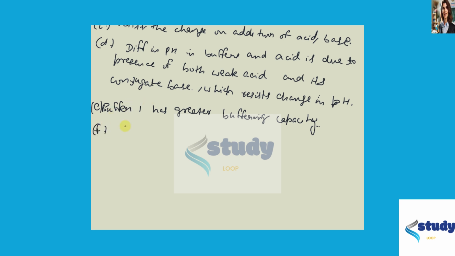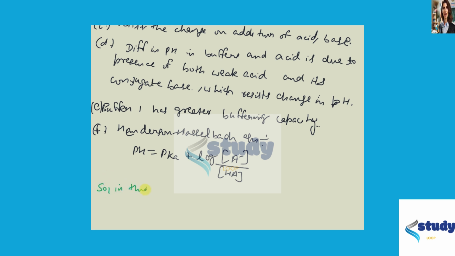And for the F part, we know by using the Henderson-Hasselbalch equation, we can find the pH of a buffer by using this formula: log of concentration of its conjugate base and its acid. By using this formula, we can find the pH of a buffer, and so our final answer comes out to be. So in this way,